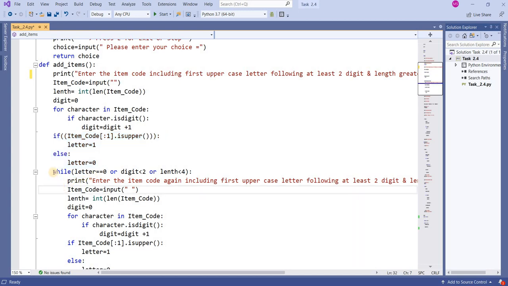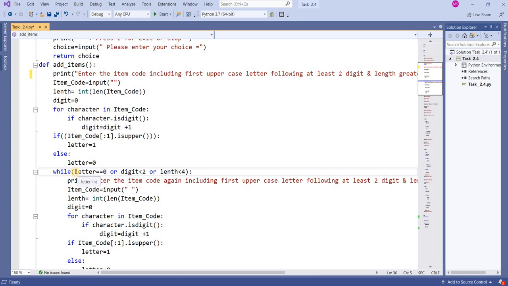After this, what am I checking? I am checking that I got the required string. If it is not the required string, I will ask the user to enter the string again.